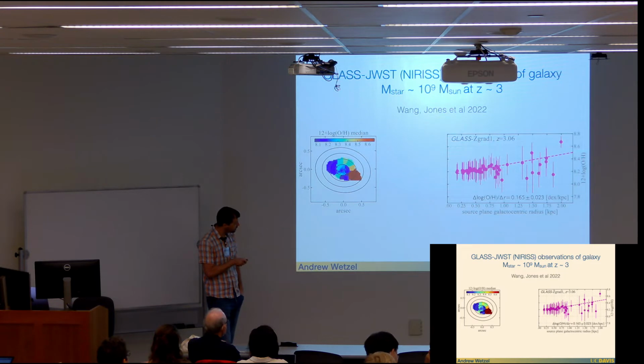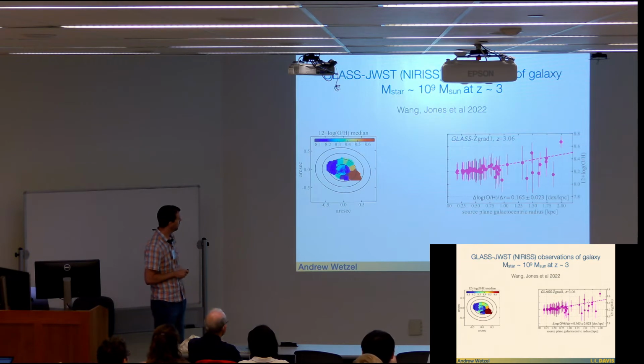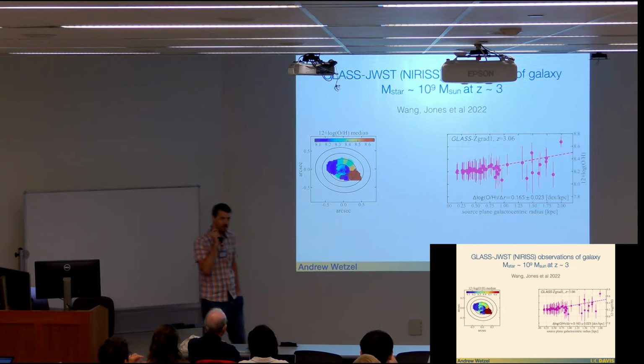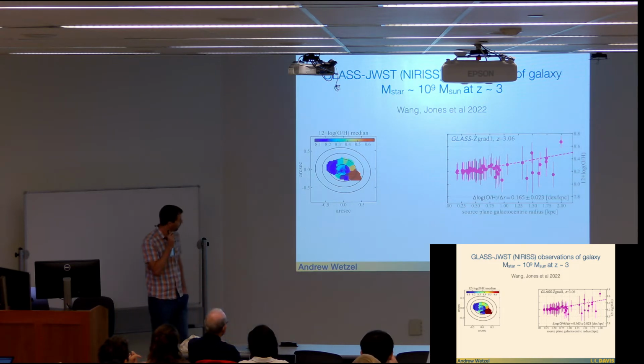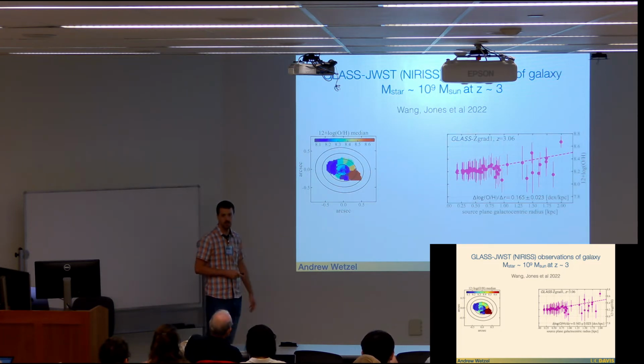hints of positive metallicity gradients in this galaxy, although to my eye, that looks not that inconsistent with just a flat gradient. But if you look at the raw metallicity map on the left, what sticks out to my eye, and I'm a little surprised they didn't emphasize it more, isn't any sort of radial gradient. It's these extremely strong azimuthal variations, in part driven by the clumpy star formation. So maybe, for those of you looking at high redshift galaxies, this is well known, but for the Milky Way community, I think we're still digesting this idea that at early enough times, it was really the clumpy azimuthal variations that were dominating.